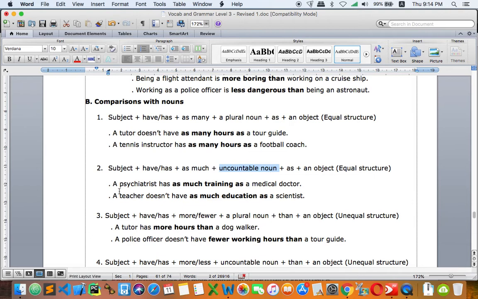Okay, so let's take a look at these two examples right here. A psychiatrist has as much training as a medical doctor. As you can see, training is an uncountable noun, so you can use as much training as. And a teacher doesn't have as much education as a scientist. Of course, a scientist has more education than this, but we don't use an unequal comparison, we use an equal structure, okay,